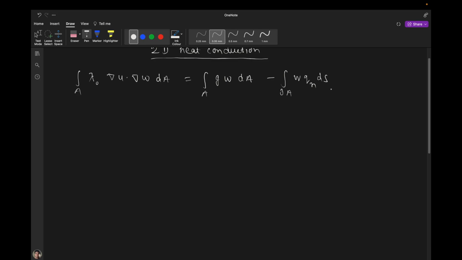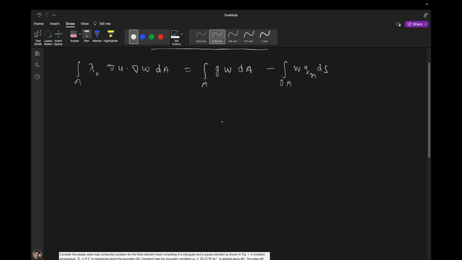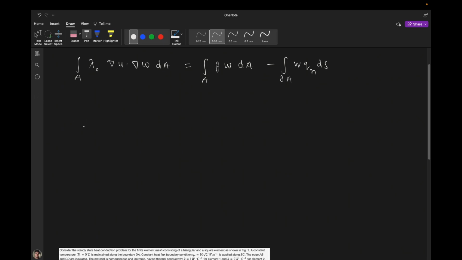Okay, so we already saw in the previous lecture that the major problem in solving the FEA problem is to integrate over the whole domain. Like if you have some two-dimensional body, and we have this kind of meshing, then